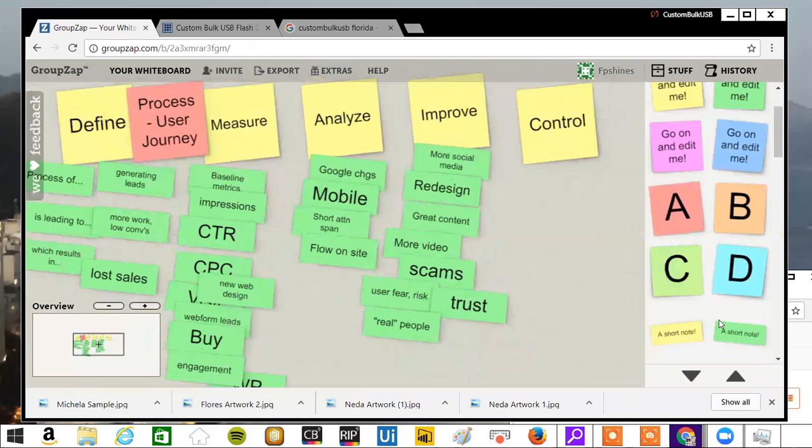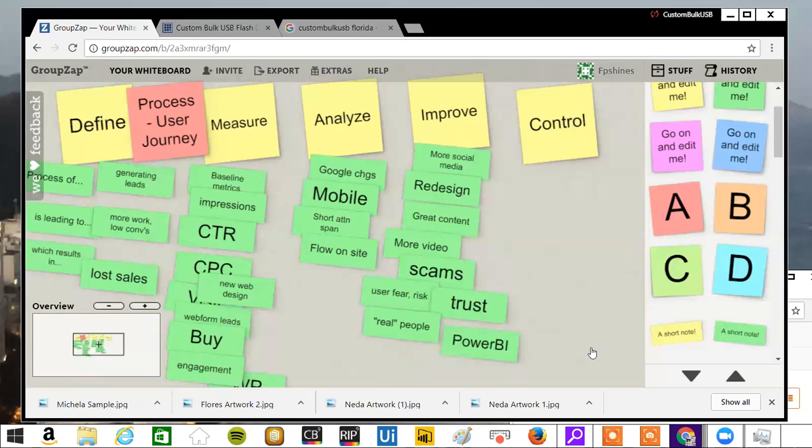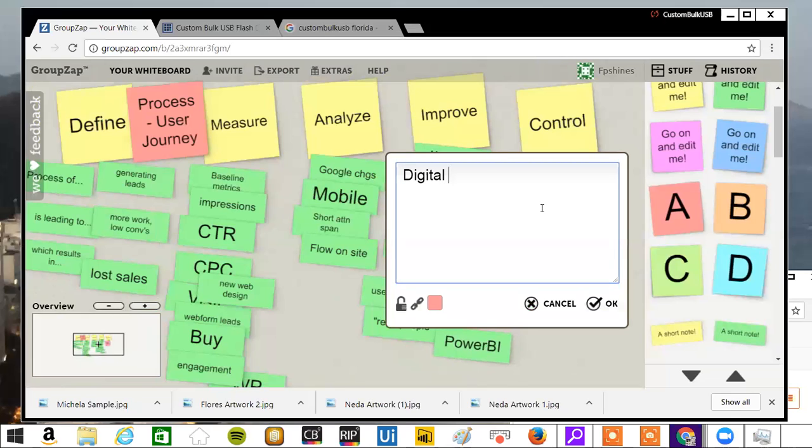Also, another thing to emphasize, another thing to add into the improvement part, is that there are many tools out there that can help you improve your brand and your business. One of those tools that we've used is Power BI, and it's able to look at all the different data sources for where your consumers are going and your consumers' interests. I mentioned Power BI because that specific program is able to look at a lot of different sources, a lot of different places,